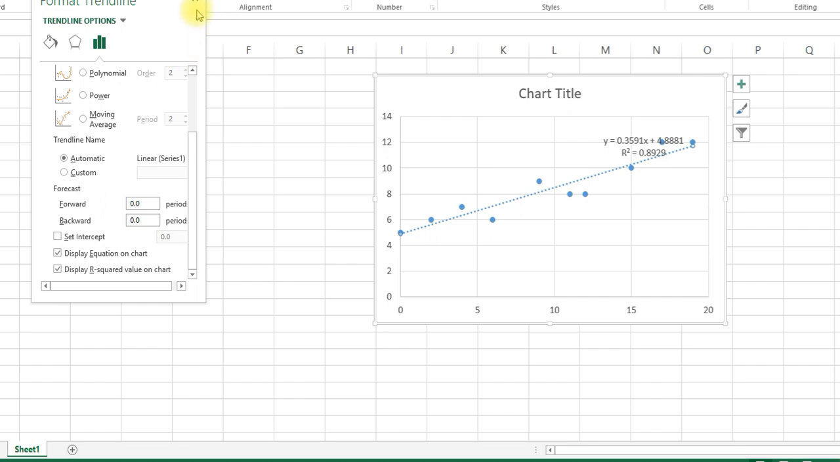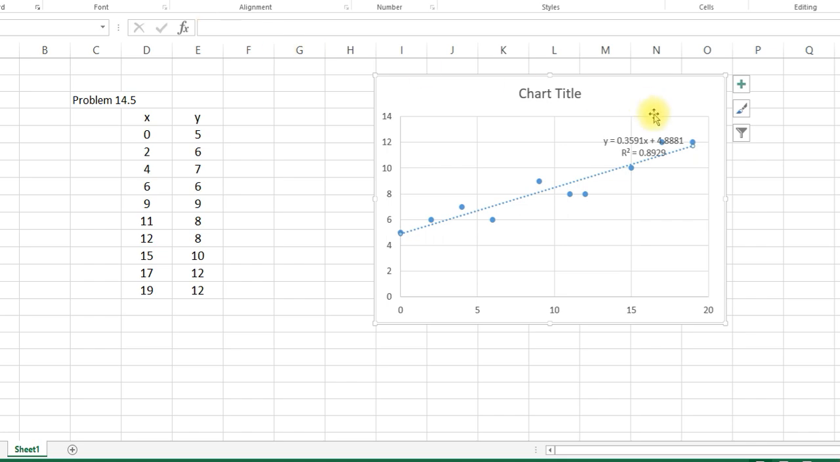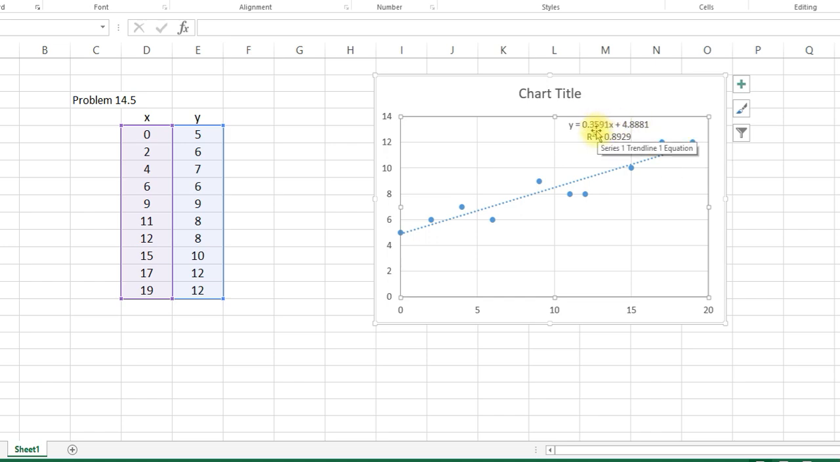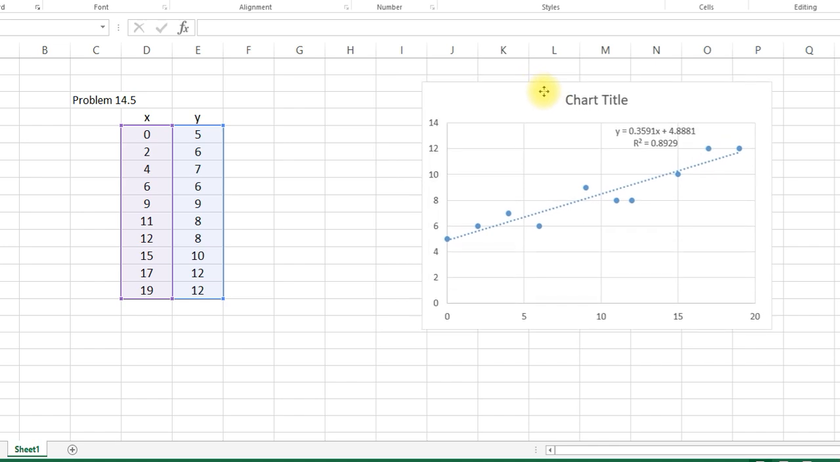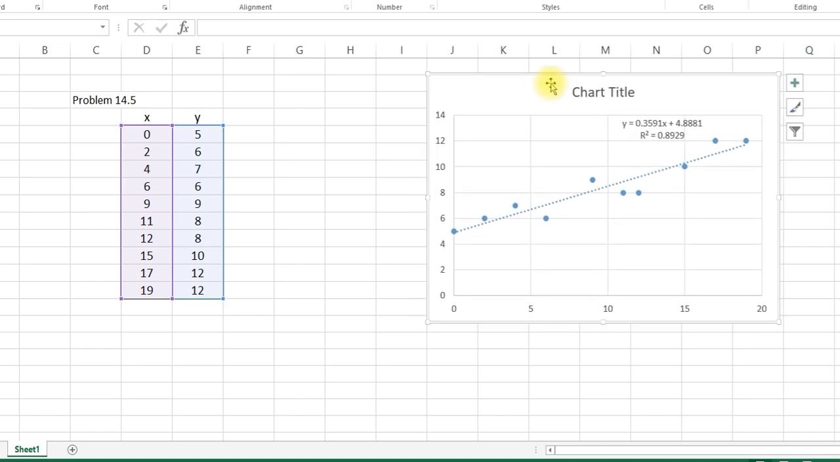So in this way you get the equation and r square right away. So the slope is 0.359 and so on. But now this is a built-in and black box for us, so we want to apply our numerical method techniques which we have learned. So one of the ways we can do it, just